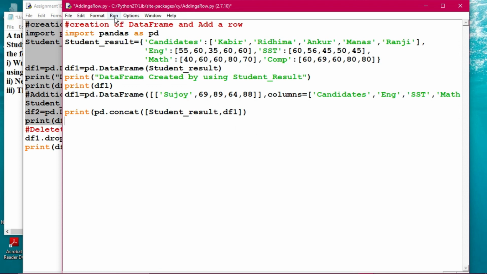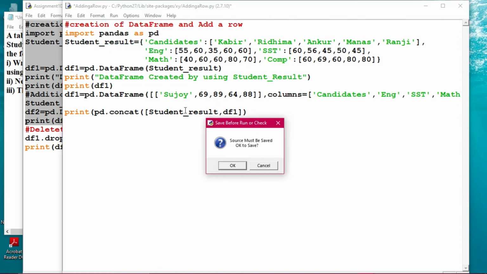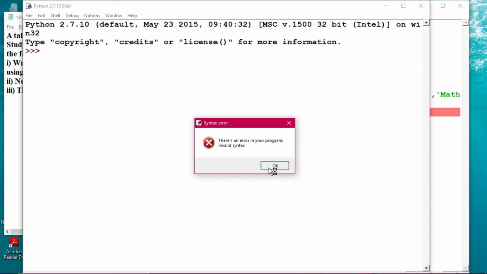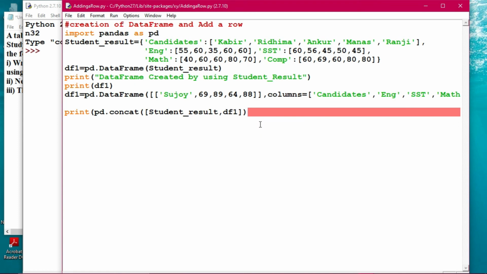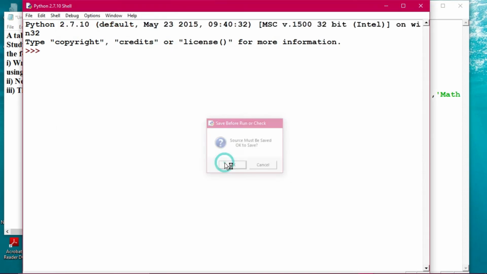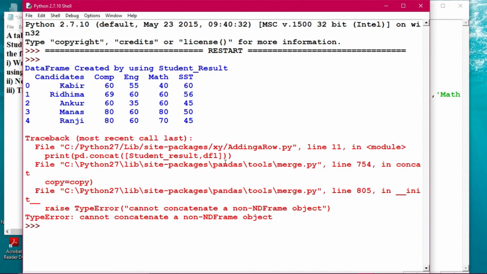Then let us execute this program and see how these things are possible. What has been shown out here? Fine, understood. This has to be closed out here. Errors have to be checked very carefully whenever you have them. It is showing that it cannot be compatible with the data frame object.